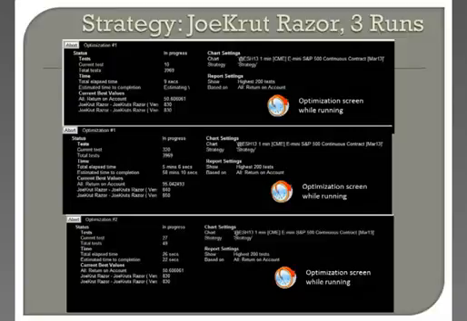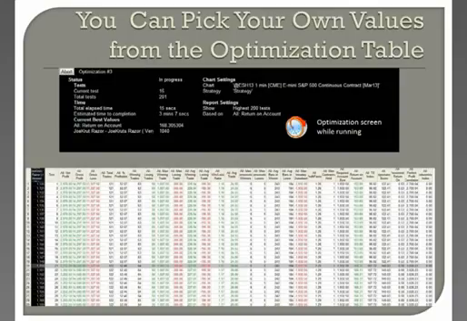Now, when you're optimizing, it takes time to do these things. Here are 3 different optimizations, basically, on the Joe Crut Razor. This is running on the times. The first one takes 3,569 tests, and it took 9 seconds to do 10 of them. Then we were down to, we had 320 tests already done, and that took us 5 minutes, and it would have taken us 58 minutes to do the rest of them. Then the next test, we were 26 seconds into it when we were halfway through, and so it took another minute. I obviously wasn't going to sit here and hit the optimizer and show you all that, but I wanted to show you that it does take time to do this.